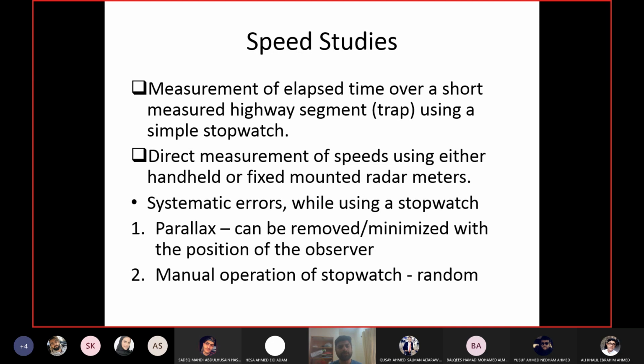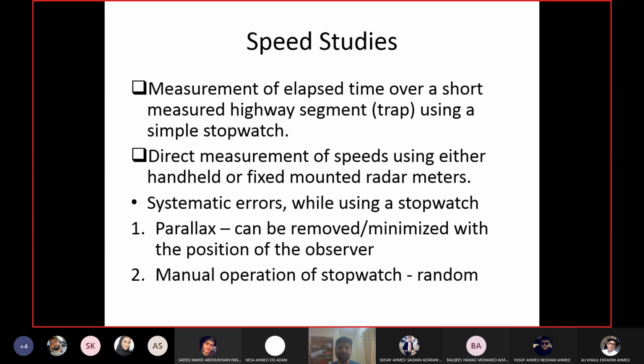Since your line of sight is not looking straight at the start or the end point, it will cause an error in your observation of the vehicle. In order to precisely see where the vehicle is passing, your line of sight must be exactly in line with the point at which you are doing the observation. But obviously it may not be possible if you are doing it manually. Then this tilted line of sight will cause a parallax error. You can shift the position of the observer, or you can calculate the error by doing some calculations, by taking some extra observations. I will show it to you in an example.